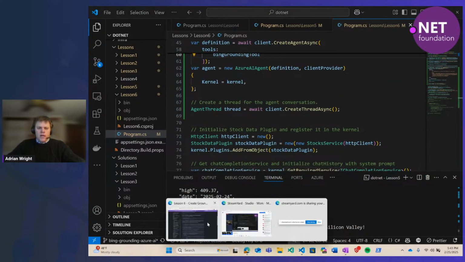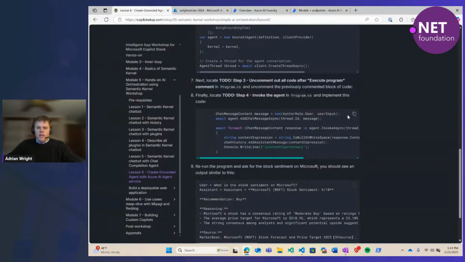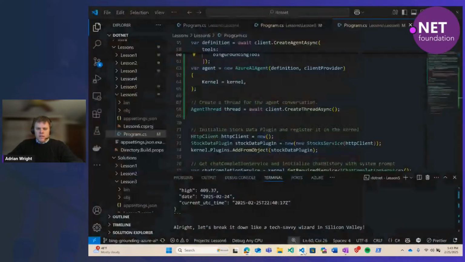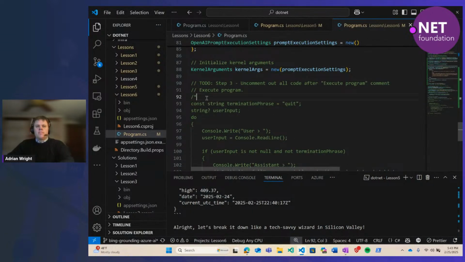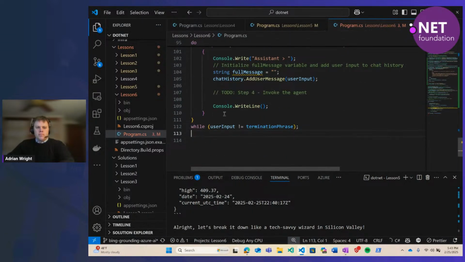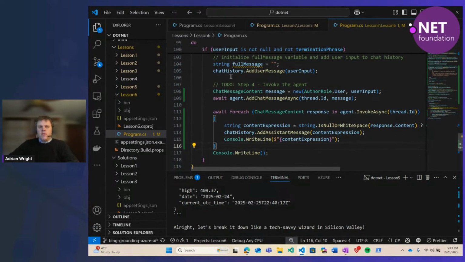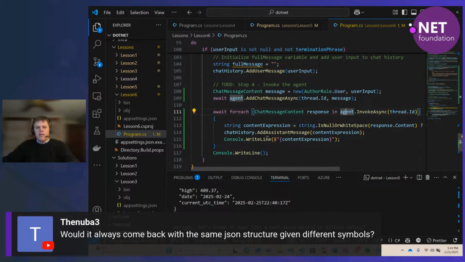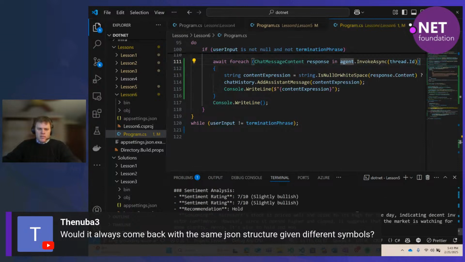So that's creating the agent. And then we need to invoke the agent, and we can run the test. All right, so we still have our chat history. We're talking to our agent, and we're spitting out whatever it gives us, and so on. So let's go ahead and run this.